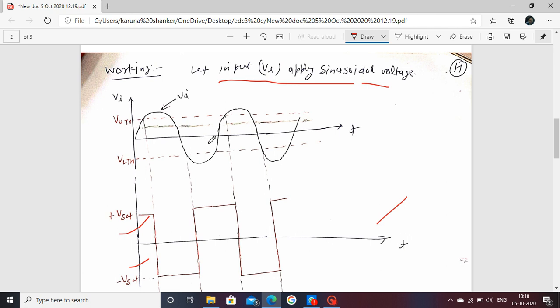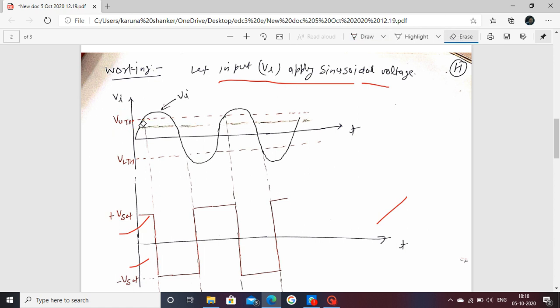Now the values you find, one comes out positive. This is your y axis and your x axis. In the y axis there is voltage. Now this voltage comes as plus V sat, in terms of positive. That's why the upper threshold voltage is indicated here. Suppose we consider a mark in this position. This indicates it here.